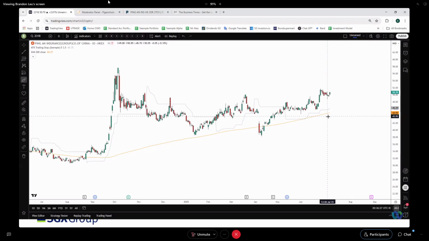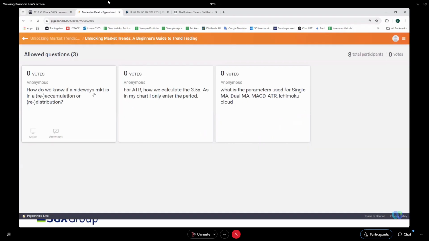Of course, things will take a sudden turn. We never know if there's Liberation Day 2.0. So all these technical tools are there to help us. If it breaks below, then the view would have changed. So just a very quick one, if it changed and then it traded up, if all is good, we will re-enter the position. If not, we can actually reduce our size when we see such observations. Okay, so now we're seeing more green bars than red bars. Okay, I hope I answered your question.